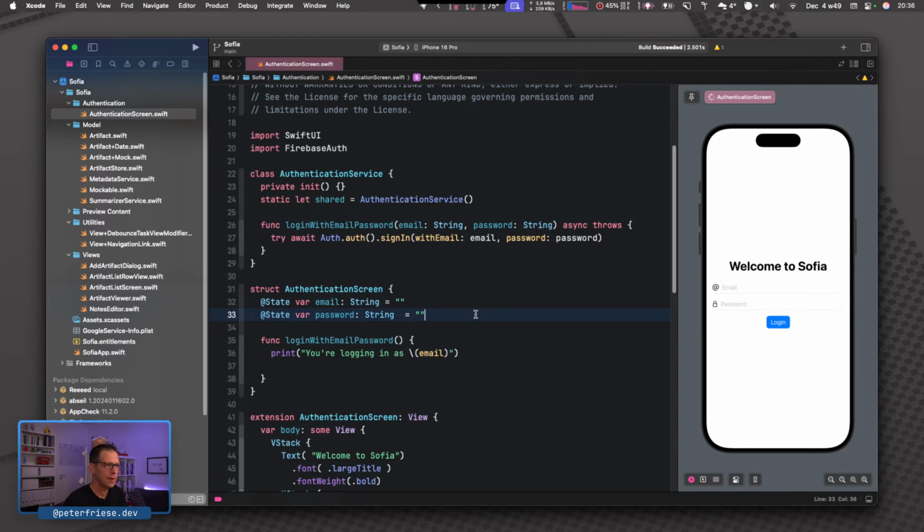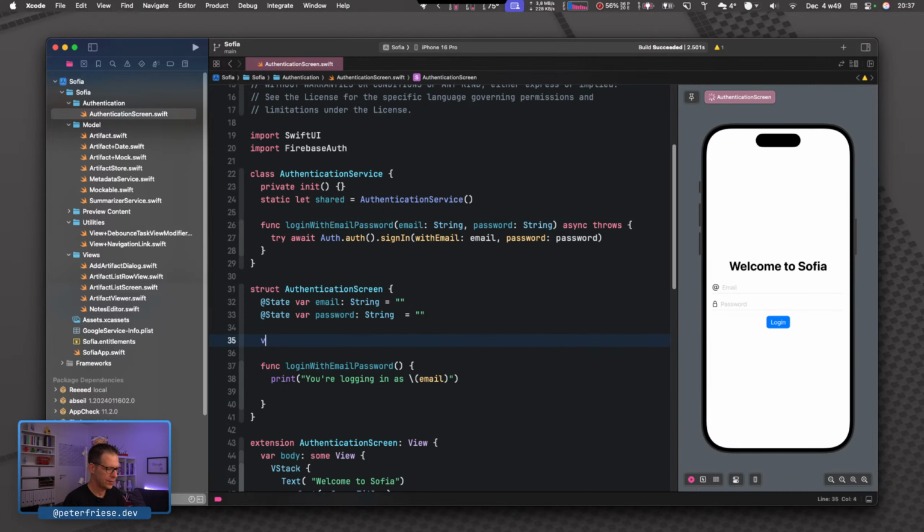So one way to do this is to just say var authentication service is an authentication service. And the reason why I'm not pulling this here, but later on, is that I want to have more control over how it's instantiated.